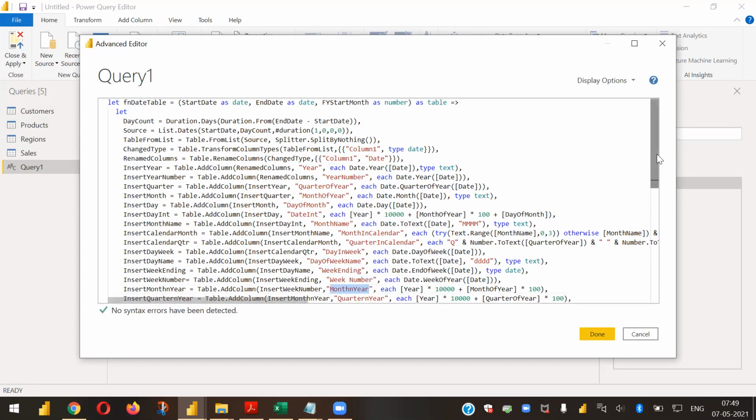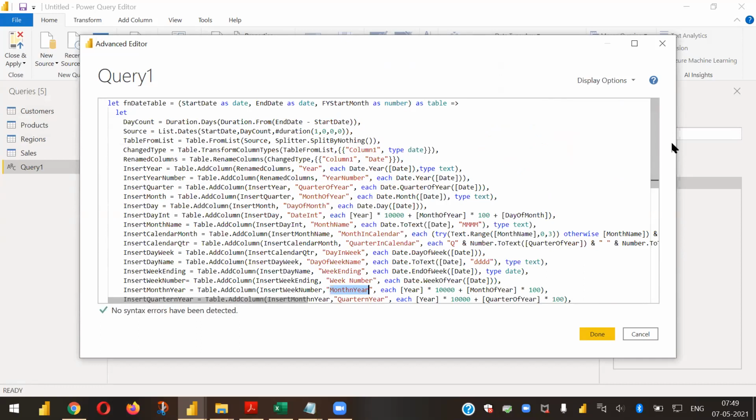By this you have to have some understanding of why I am doing this. Because it is giving me so many calculations readily available, month in calendar, a lot of things. Otherwise I would have to sit down and write a lot of functions, right? So that's where the calendar table is very much useful.